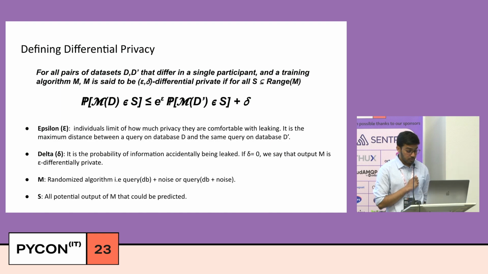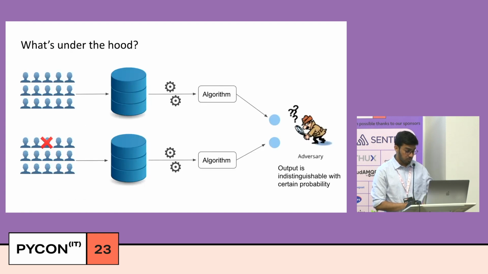So you would see there are two parameters, epsilon and delta. The epsilon parameter is what we call the privacy budget, and the delta parameter is what we call the information leakage probability. I'll just read out the definition and then explain it in a bit more detail. It goes like this: for all pairs of data sets D and D prime that differ in a single participant, so something like this,